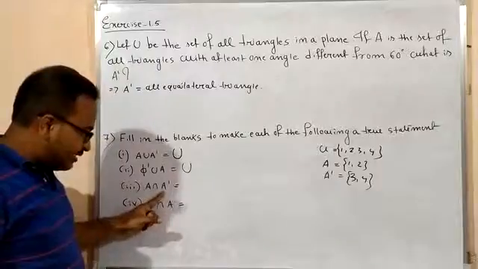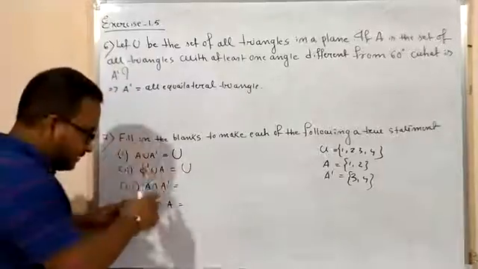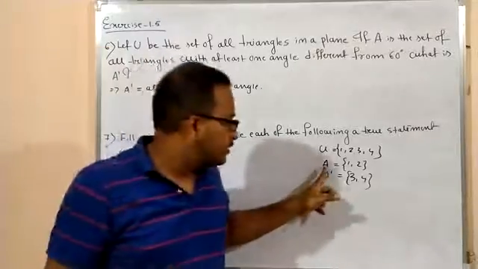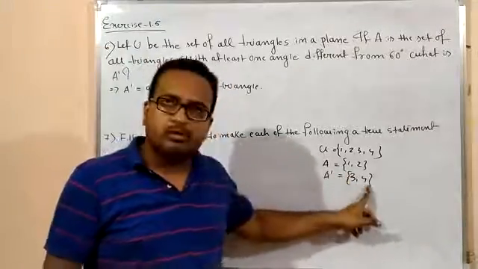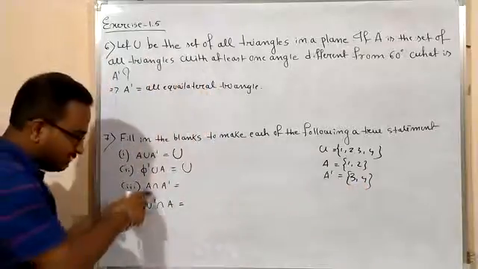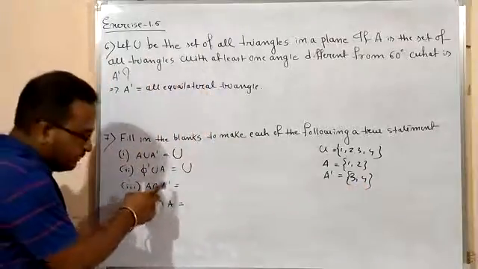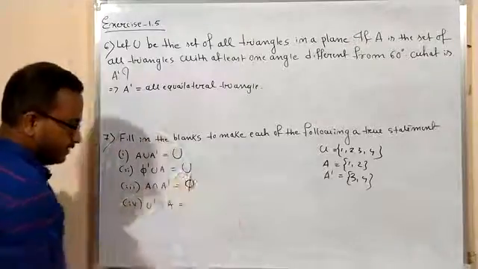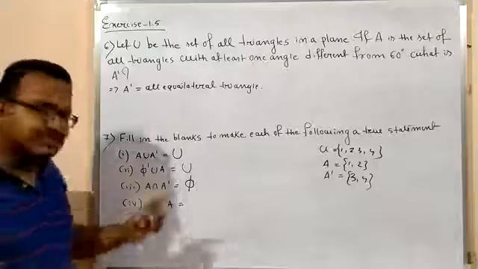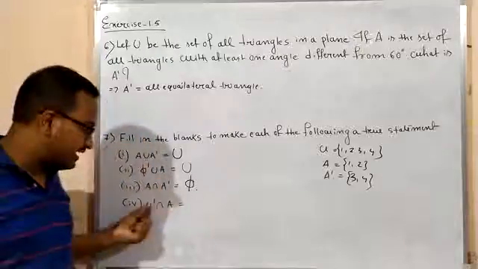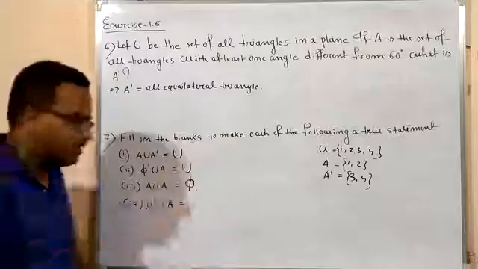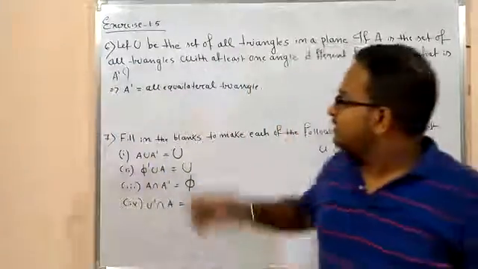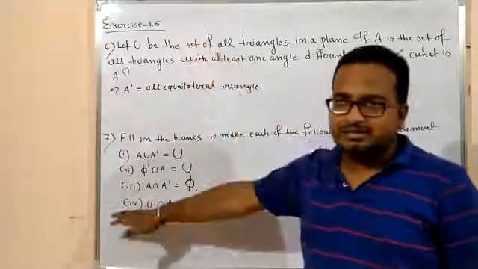A और A के कॉम्प्लीमेंट, किसी भी सेट का इसके कॉम्प्लीमेंट के साथ कुछ कॉमन हो सकता है क्या? यहाँ पे देखो A 1 2, A कॉम्प्लीमेंट 3 4, मतलब जो एलिमेंट इस सेट में है वो एलिमेंट यहाँ पे नहीं है, जो एलिमेंट इस सेट पे है वो एलिमेंट यहाँ पे नहीं है, तो इसका इंटरसेक्शन क्या होगा? Phi, राइट? एंड यूनिवर्सल सेट का कॉम्प्लीमेंट क्या होता है? Phi होता है. तो phi के साथ अगर आप किसी भी सेट का इंटरसेक्शन लोगे तो क्या होगा? Phi, राइट? So here exercise 1.5 ends. Okay, so thank you.